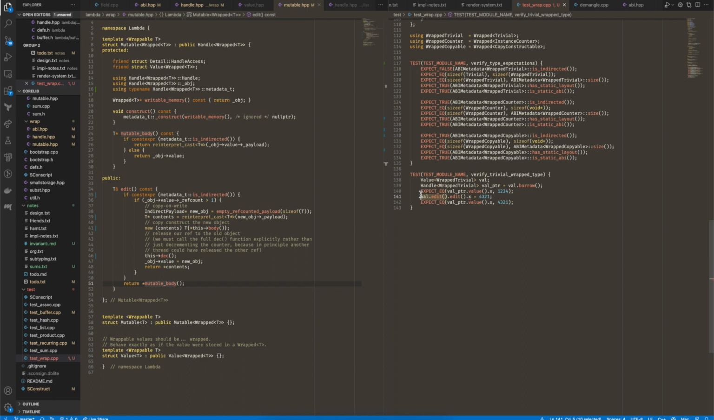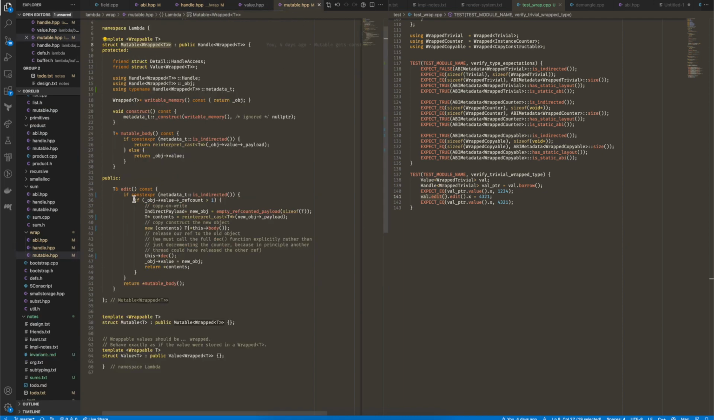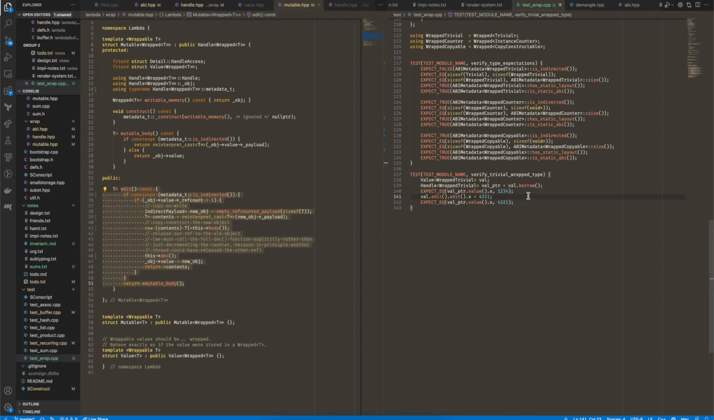Here, this is giving me a mutable pointer from value. That's this. And then from my mutable pointer, I want to express my intent to actually edit it. So I have to edit twice. This is kind of clunky. I don't like this. But the reason why it does this is because of the case where this is actually